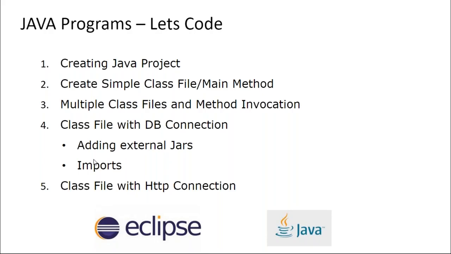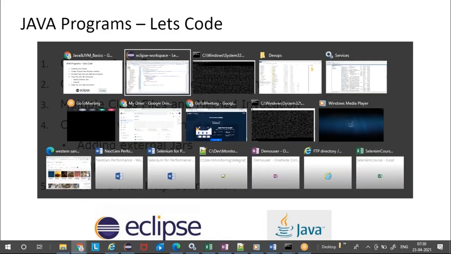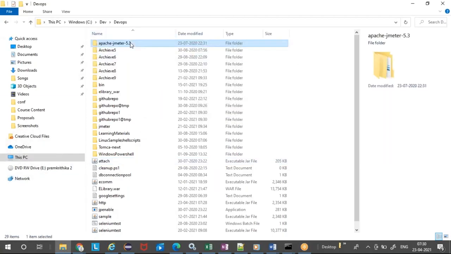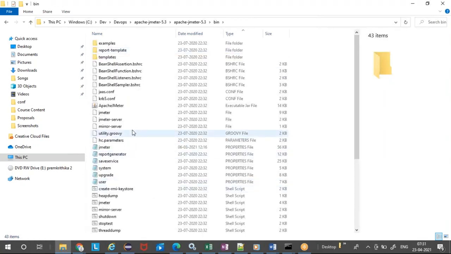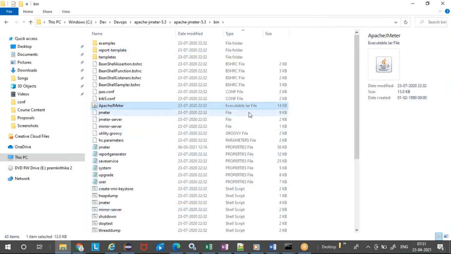So a software which has to be executed directly, you need to package it, right? And in order to run it directly, we are creating this runnable jar file. JMeter, if you go to that folder, you will find either the exe or your jar file. See, Apache JMeter executable jar file. Okay, and JMeter being Java, somebody might have created a JMeter application with multiple class files, and they might have created a runnable jar file, and that is what the Apache JMeter executable jar file is.